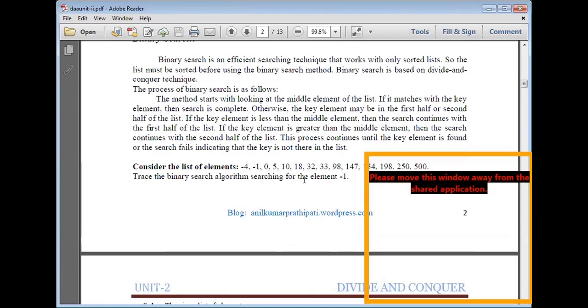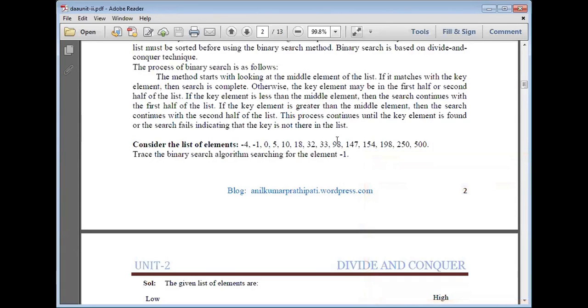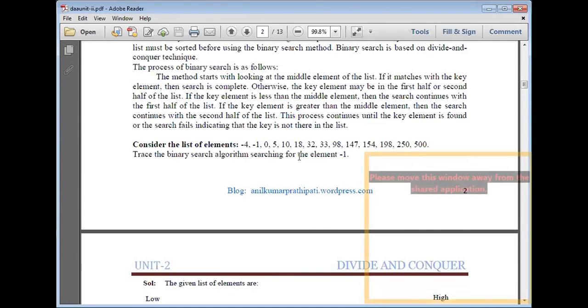Otherwise, the key element may be in the first half or second half of the list. If the key element is less than the middle element, the key value is less than the middle element, then the search continues with the first half of the list.